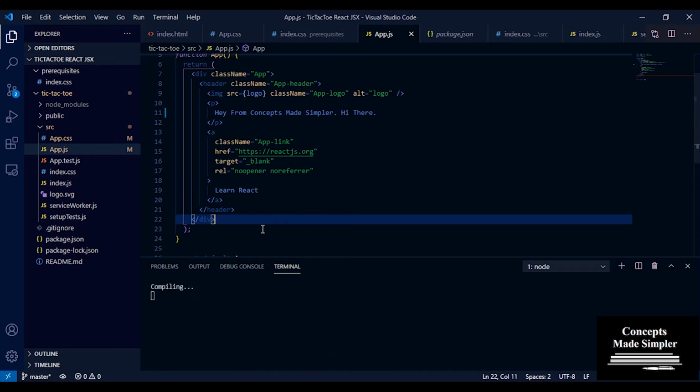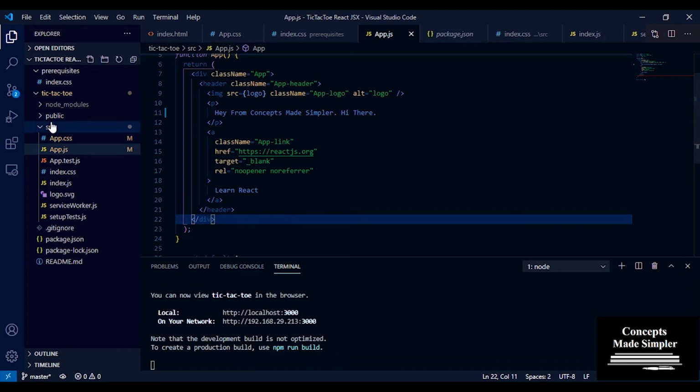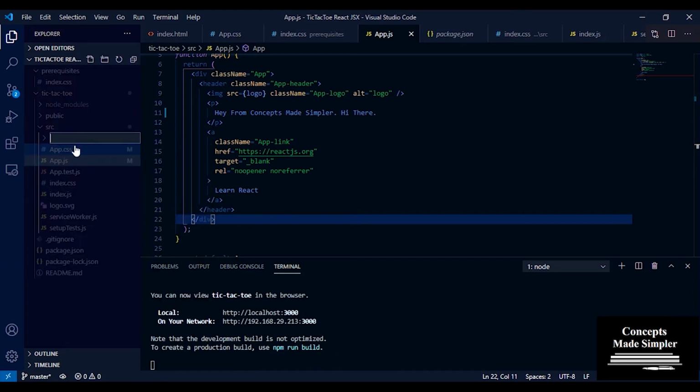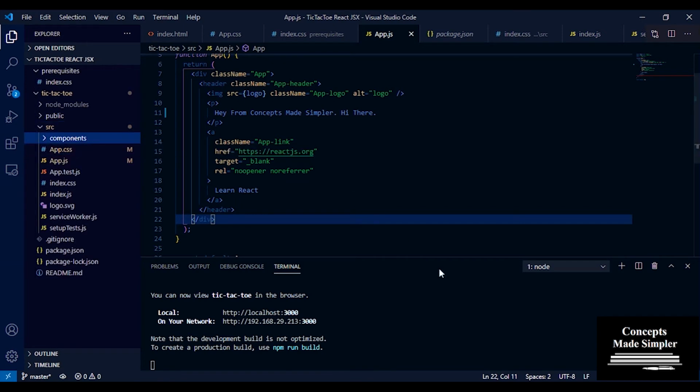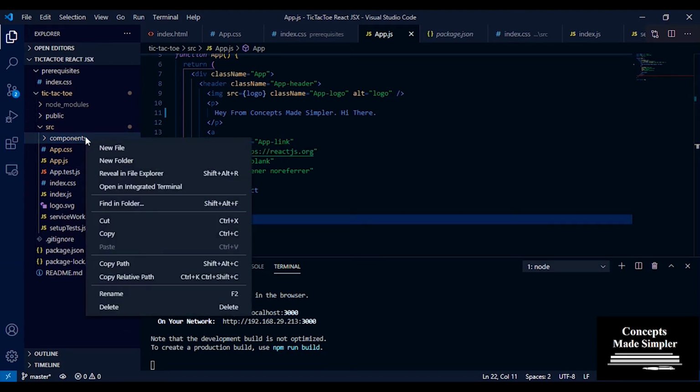All right. Okay, so now what we'll do is we'll create a folder called components inside the source folder. Now for a tic-tac-toe app, we need three things. We need the small squares. We're going to make it modular. Okay, we're going to break it down. So you have a grid. For the grid, you need small squares inside, then you need the whole box, and then you need everything around the rest of the web page. So we're going to start by creating the square component.